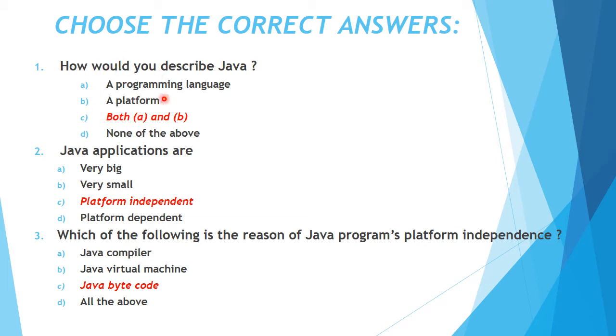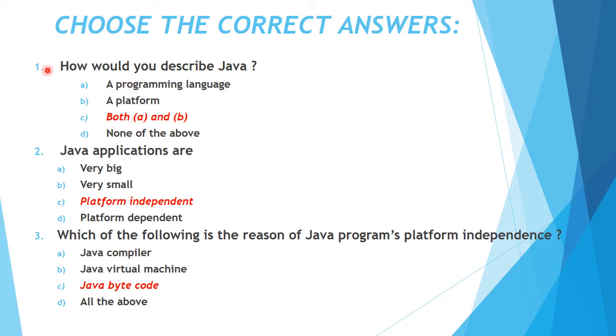Suppose this is question number 1. Okay, and here only one single option is correct, but suppose that two answers are correct. Okay, A and B both are correct. So in that case, if you choose only A not B, what happens? You will score only 1 mark, and if you choose both correct answers, then you will score both full marks. Okay, so in a multiple choice question you have to choose both correct answers, remember that. But in a single choice question you have to choose only one correct answer.